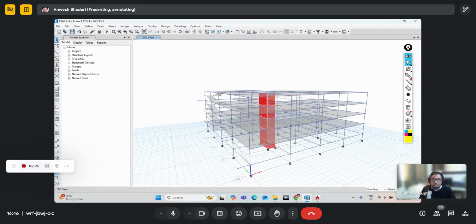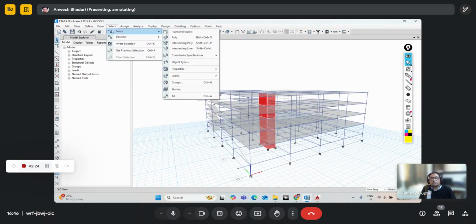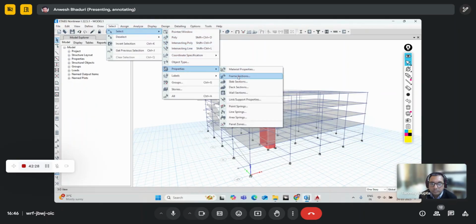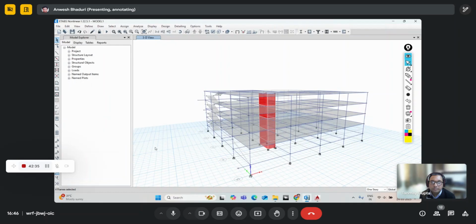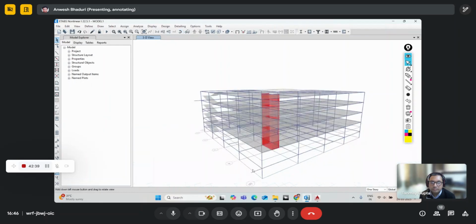Okay, now I'll remove the none object. Select, I'll go to properties, frame sections, none. Okay, so now while drawing this,